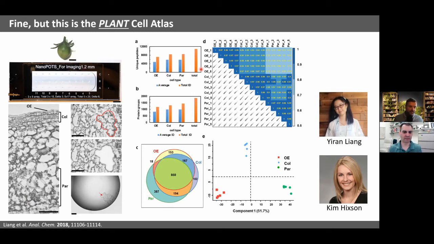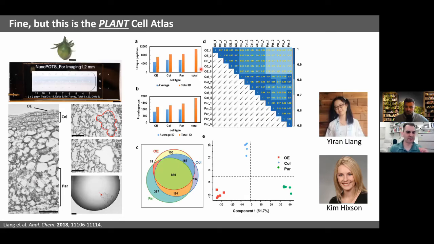You know, I spent 13 years at a Department of Energy National Laboratory. They really don't care about mammalian tissues. They're much more focused on bioenergy relevant systems such as plants. So to prove to ourselves that the nanoPOTS workflow also worked for plant tissues,